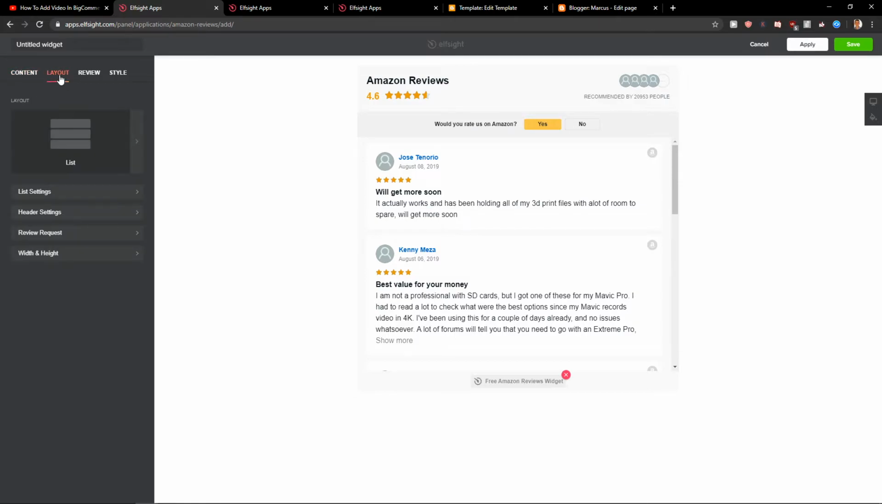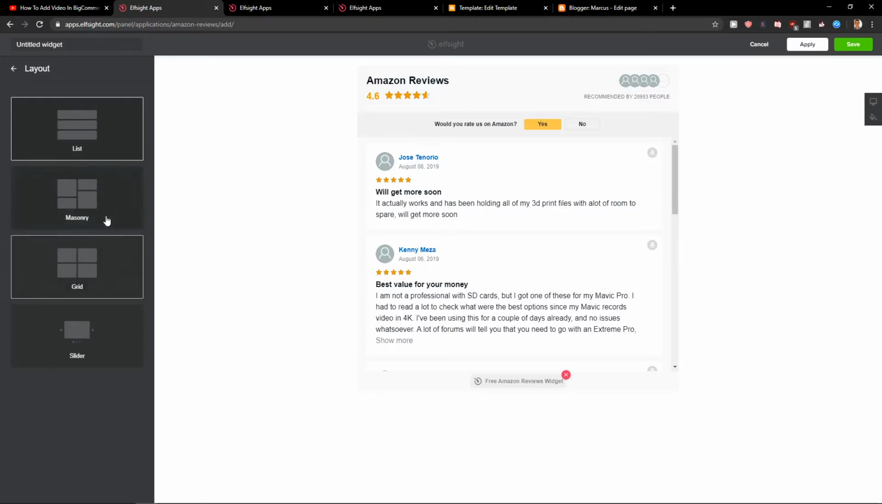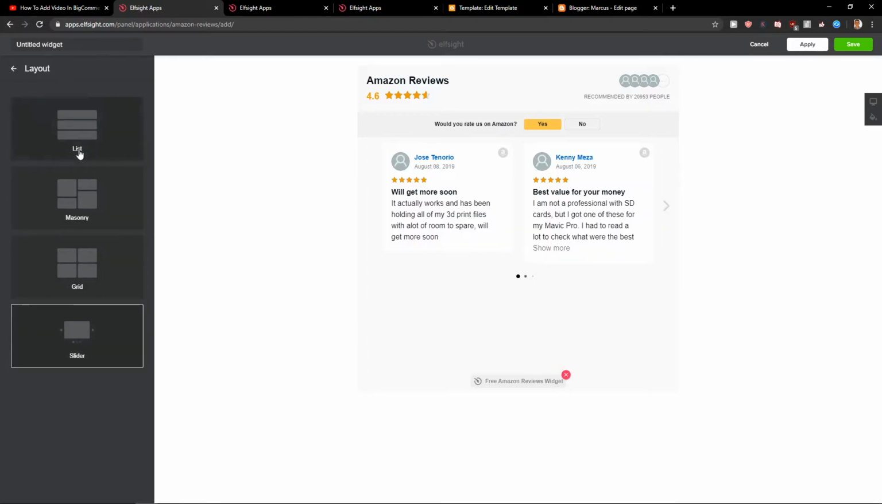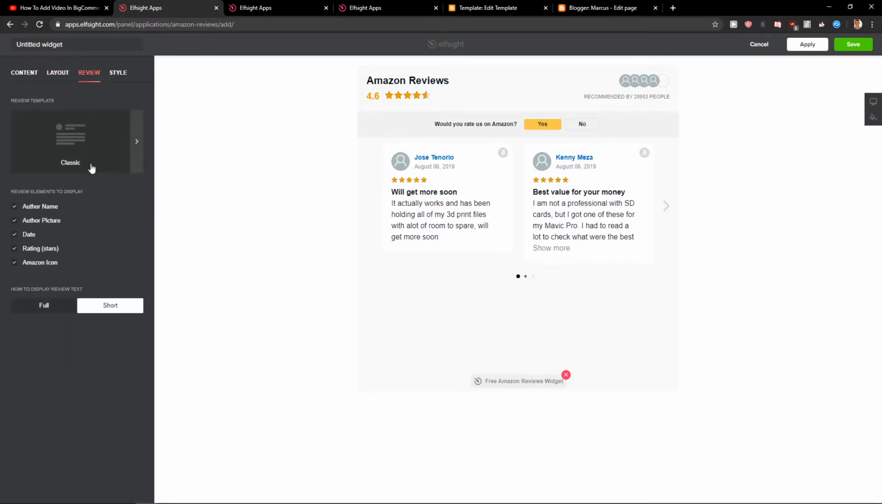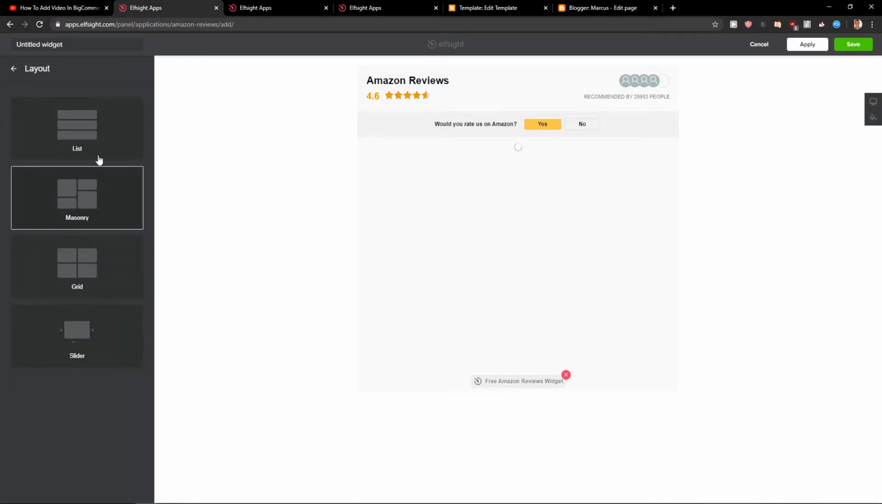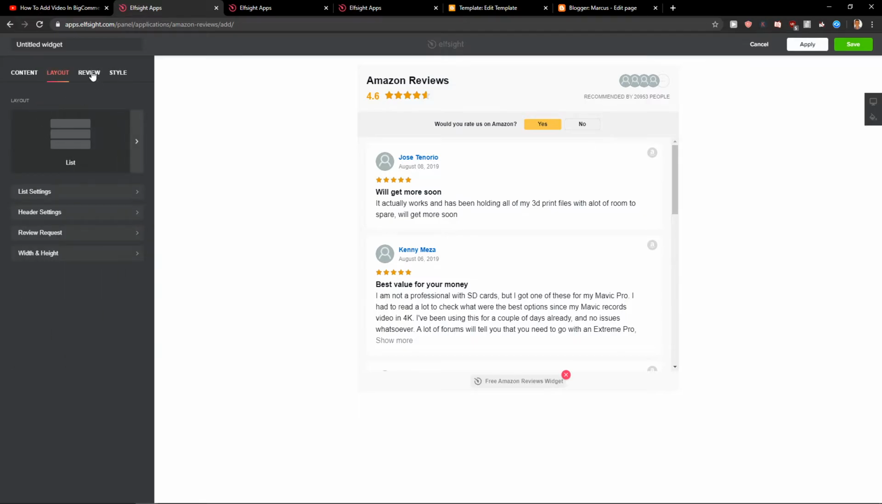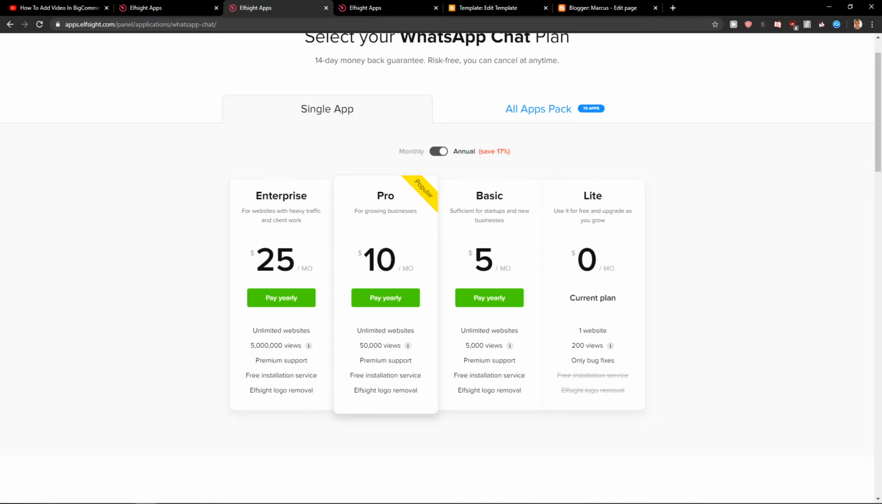Then you get like a layout here. You can change it from list to masonry to grid to whatever. Review, classic, okay. So now when you have it, you want to click on save. But right when you click save, you need to choose